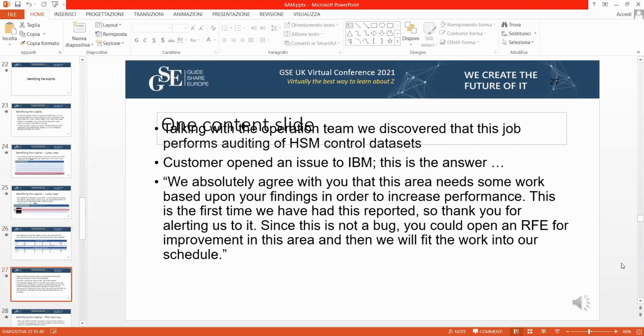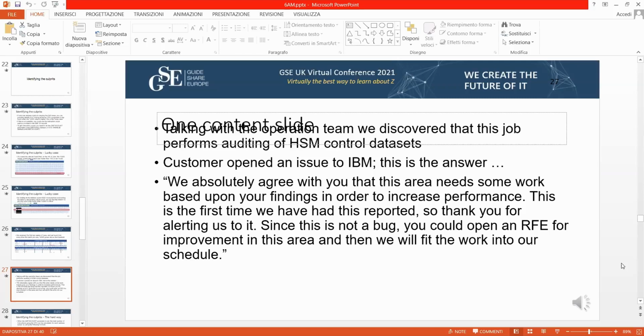So what is this job doing? It's performing auditing of HSM controlled datasets. So the customer at that point identified the problem, opened an issue to IBM, and this is literally the answer they got from the support from IBM. And I read it for you. We absolutely agree with you that this area needs some work based upon your findings in order to increase performance.